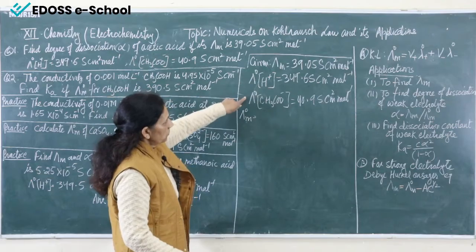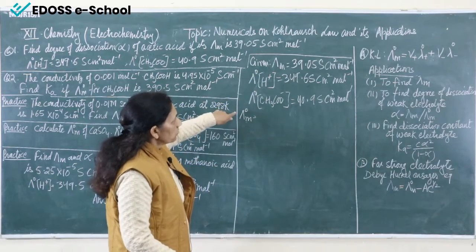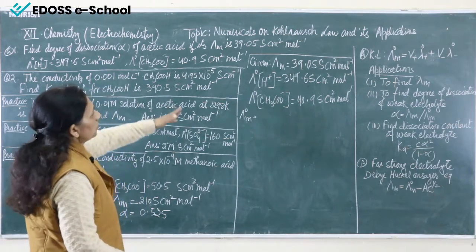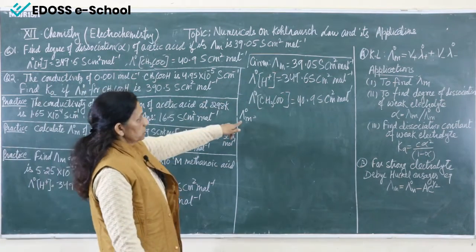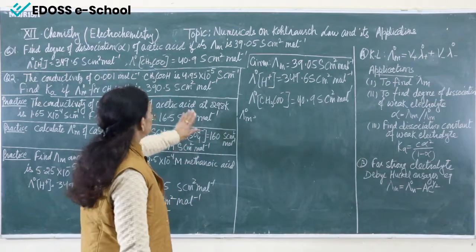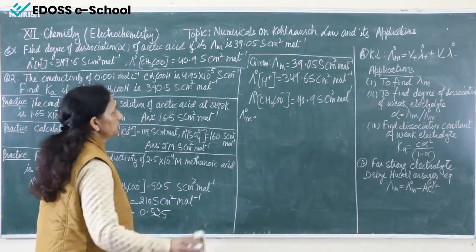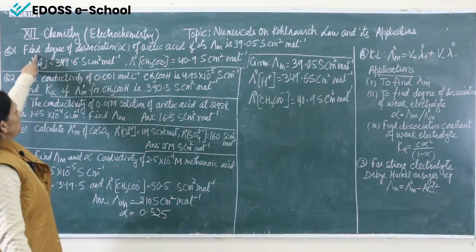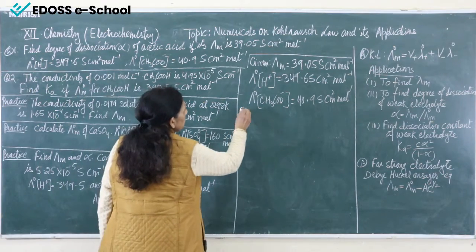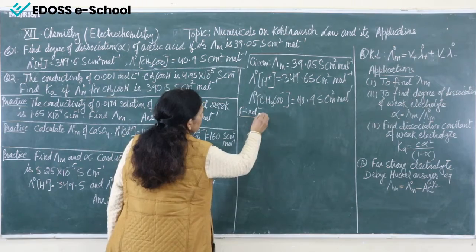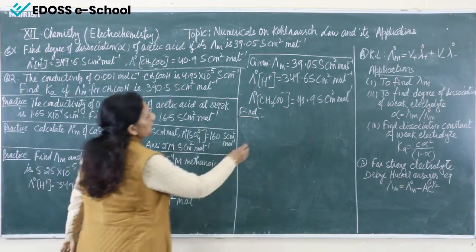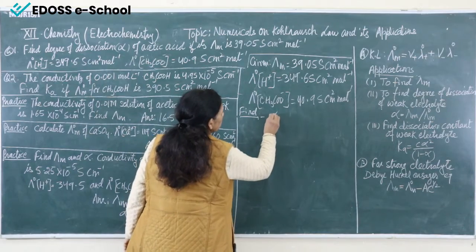We know that the limiting molar conductivity of a solution is equal to this. So, first what will we do? See here, now, one thing that we have left before coming to the question. This is given. Now, what do we have to find? To find, we have to write this first. We have to find the degree of dissociation, that means alpha we have to find.